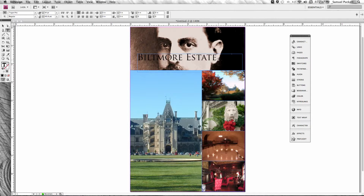Then the next line, the First American Castle, we'll need to change that size and font. Change that to 22. Again, we'll have to manually enter 22. And we'll change this to Minion. If you don't have Minion, Times will be fine. And if you mistype something, you can always wait for spell check, but I tend to like to correct my